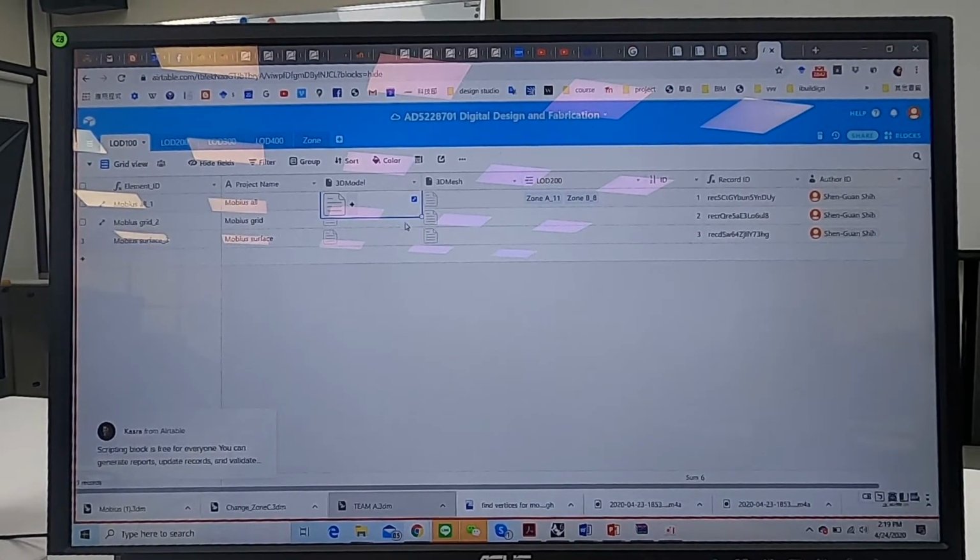Now for each team, you have to divide your zone, the area that you are responsible for, into parts, right? You are not going to do it as one piece. You have to divide it into components, and then each component needs to lock on some of these grid intersections. Okay. So for LOD 300 model,